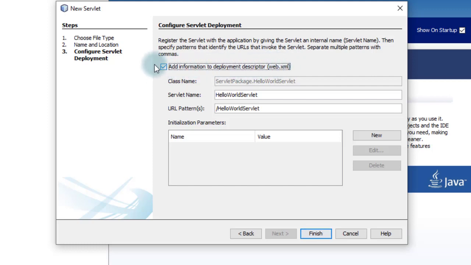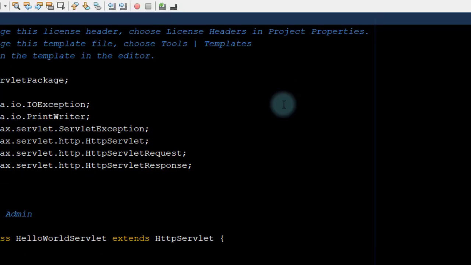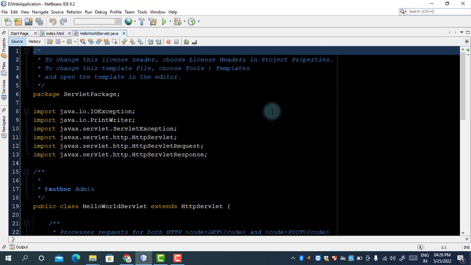If this checkmark is not selected, server is not able to read the servlet from web.xml, and the servlet name that is stored in web.xml is your Hello World servlet, and this is your URL, and click on finish. In this way we can create a basic servlet file.